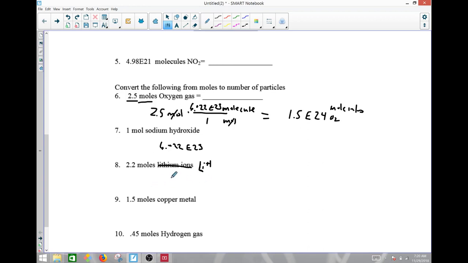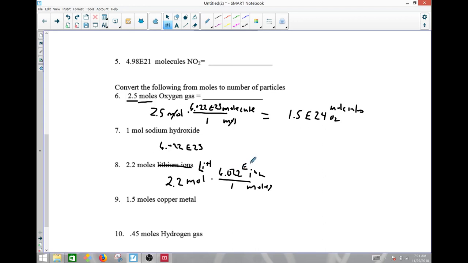Well, let's do this. 2.2 moles, get rid of moles, go to ions, actual ions. 1 mole is equal to 6.022